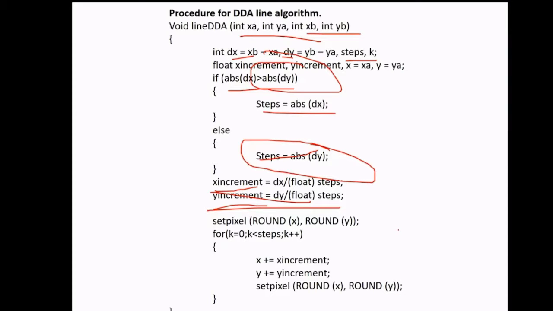Okay, so now over here, suppose the delta x value is 5 and the number of steps that we got is 5, so it will go over here and it will say 5 upon the number of steps. So 5 upon 5 would be 1. So we get one thing, that is x increment. So now we have to increment the x value by 1 based on this.